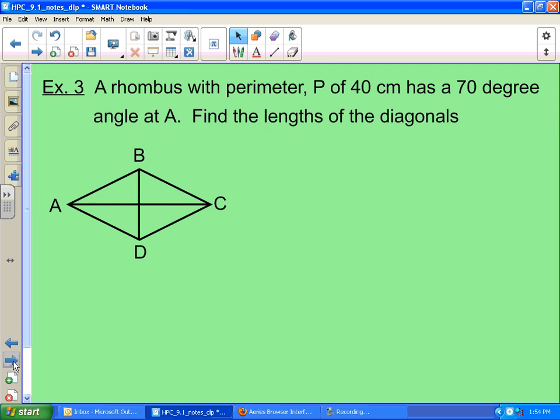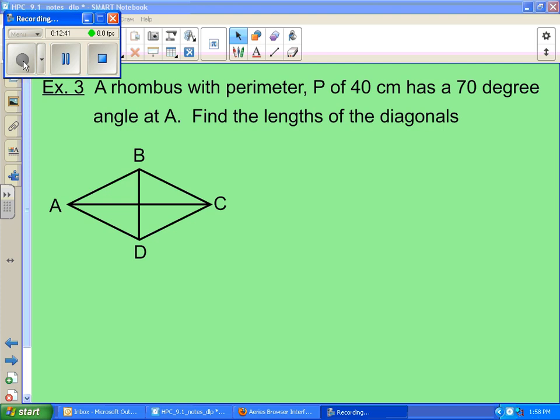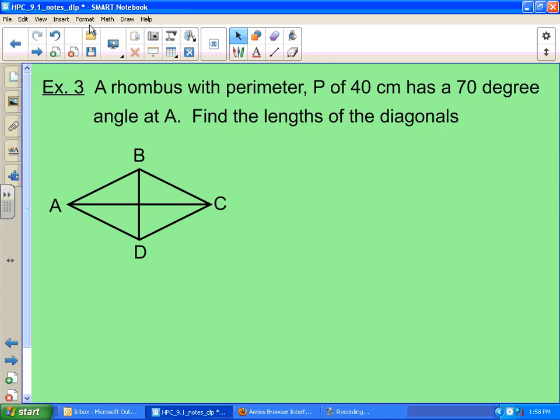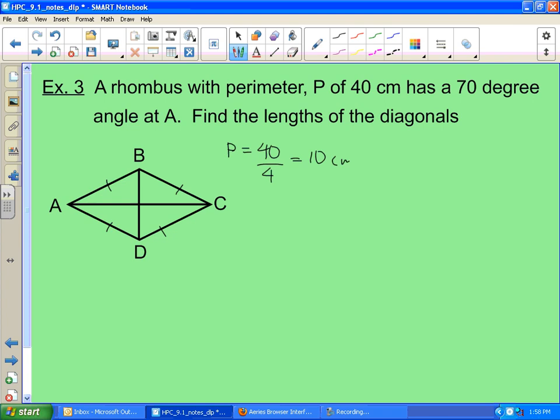Okay, so here I'll let you and your partner work on this one. See if you can figure out based on what we've been given. Oh, and remembering some geometry terminology. Rhombus, what does that mean? Anyway, let's see if we can come up with this. Okay, so the big thing here: congruent sides because rhombus, and if the perimeter equals 40, and we split that into the four sides, we know 10. But you guys already did that. Now here's the other